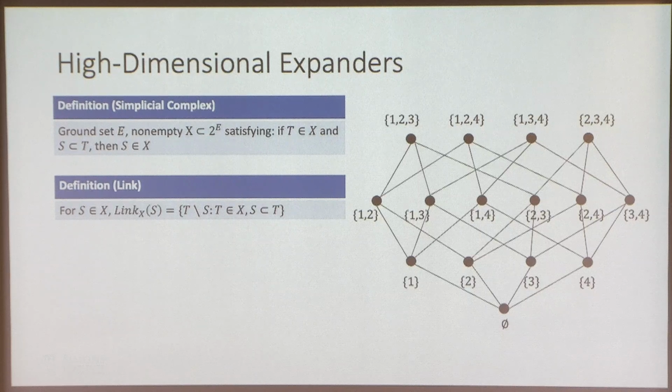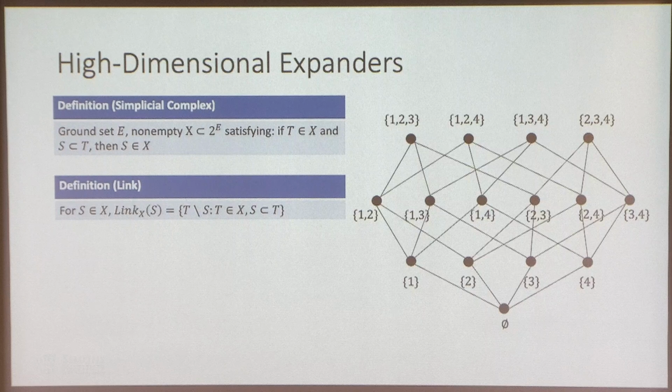You pick some reference element in your simplicial complex, and the link is the simplicial subcomplex where you take all of the faces that contain your reference face, and only those, and you remove your reference face from them. More explicitly,